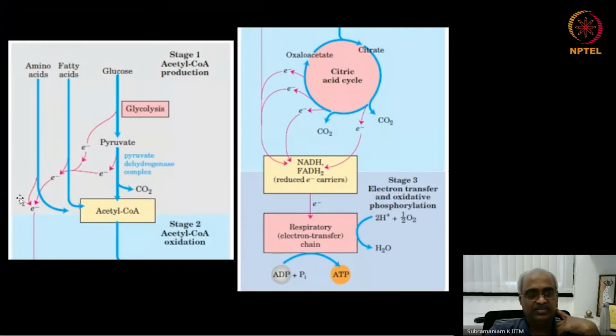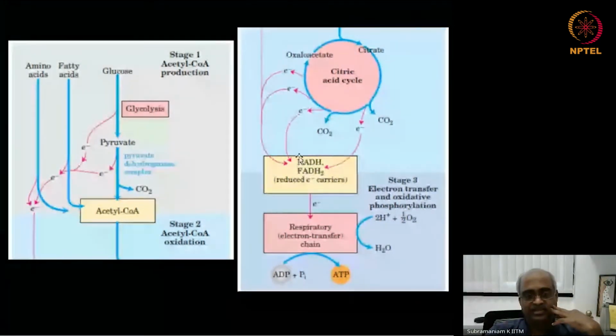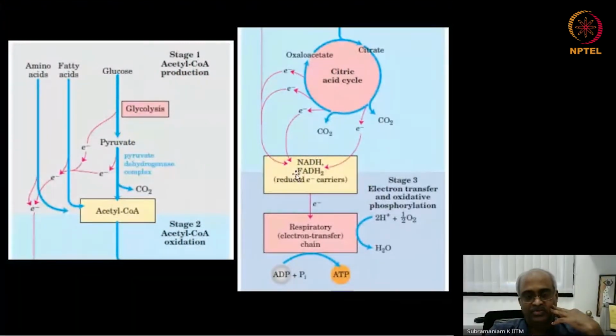And these we are not going to see right now. And all these electrons are now stored temporarily in these electron carriers. Remember this niacin, vitamin B, flavin, riboflavin, vitamin B. So from these ones, through the electron transport chain or respiratory chain in mitochondria, these electrons finally go to oxygen,